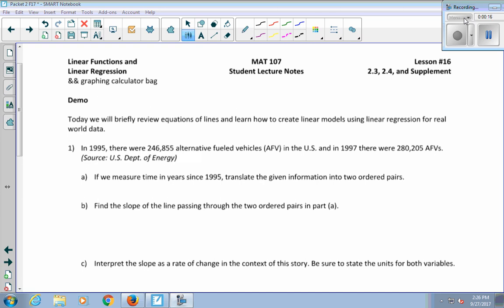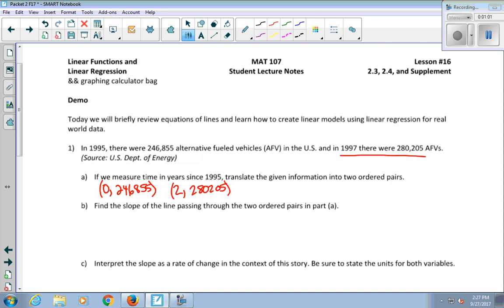for real-world data. So in 1995, there were 246,855 alternative fueled vehicles in the United States, and in 1997, there were 280,205. If we measure time in years since 1995, translate the given information into two ordered pairs. So years since 1995, then 1995 is 0, and the number of alternative fueled vehicles is 246,855. And then my other point corresponds to this information. That's 2 years after 1995,